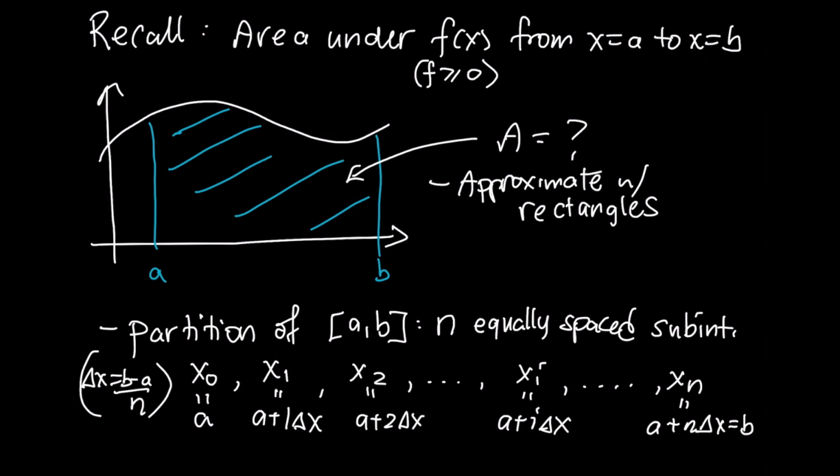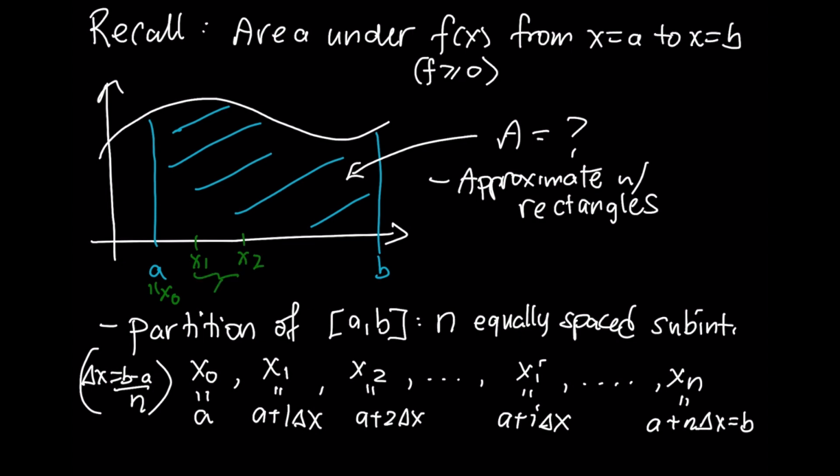Now this requires a set of points. So this first location is x0. Come up with a second location x1 and then x2. Each of these is separated by the same width. Now you don't technically have to use the same width, but just to keep things simple, we'll keep them all